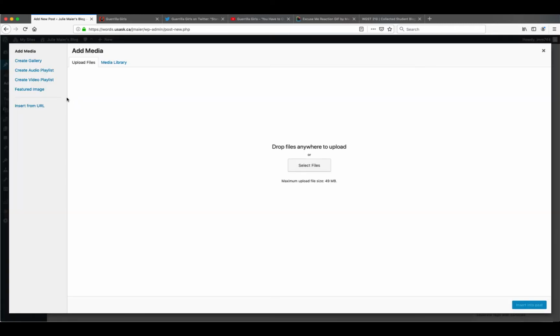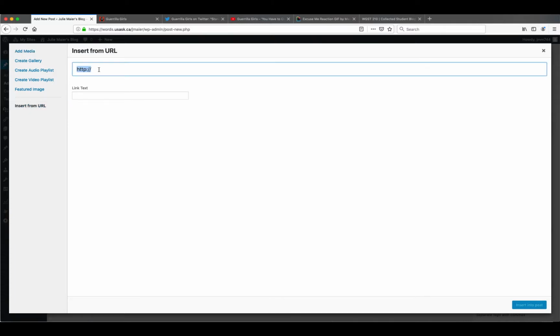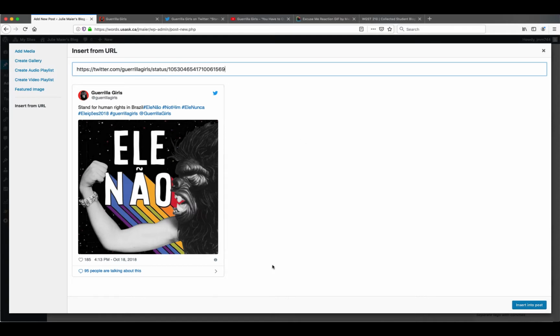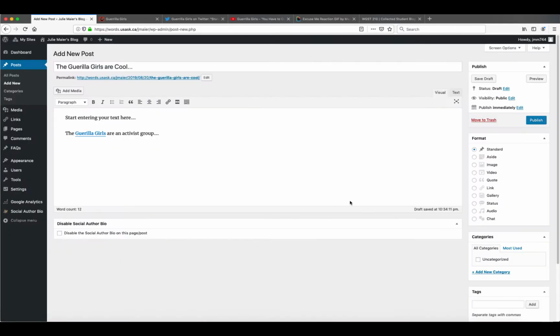and I'm ready to add it if I go to Add Media. In the Add Media, you can add a bunch of things. So I could add a file from my computer. If I had a picture I had taken that I wanted to upload, I could do that. But a lot of the things, if you're adding them from the web, you want to insert from URL. So here I'll paste it. I get a little preview of what it's going to look like, and then I can insert it into my